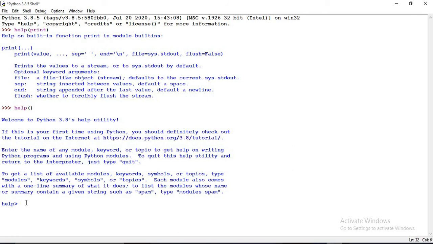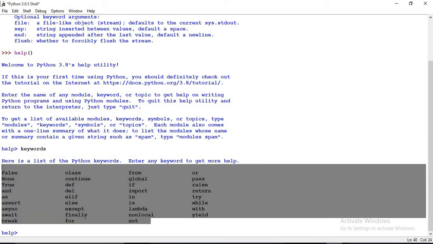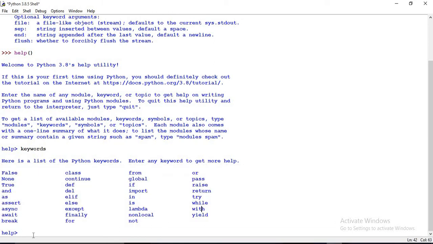So let's type here keywords. See, all these keywords are displayed here. And if you want to know the details of a keyword, just type any keyword. Let's suppose we want to know about from.